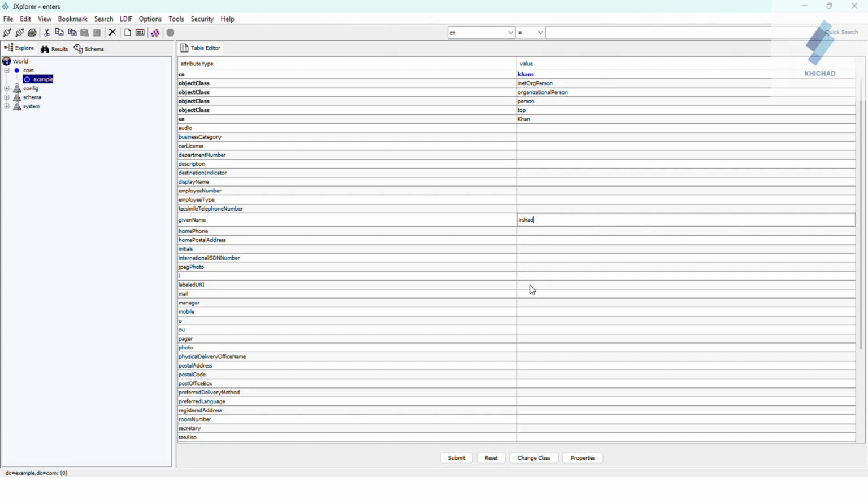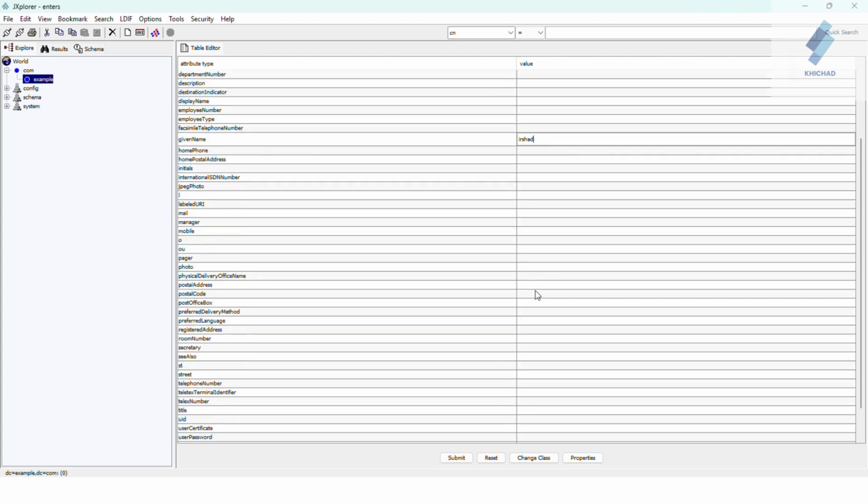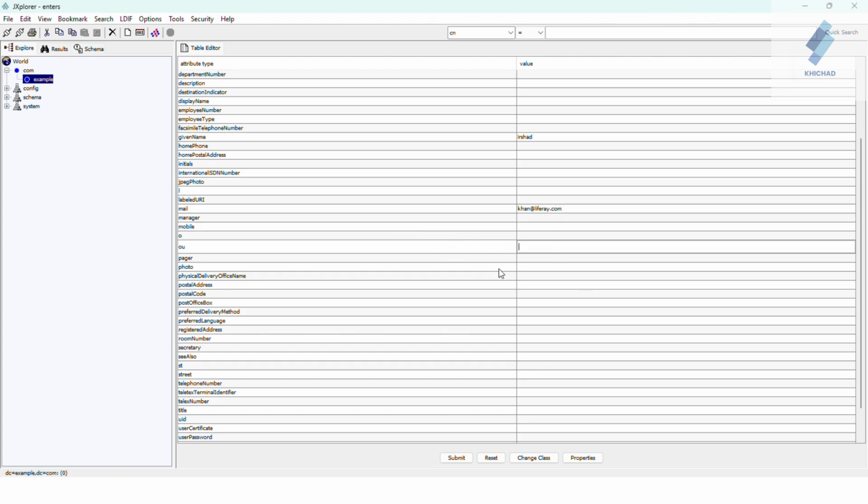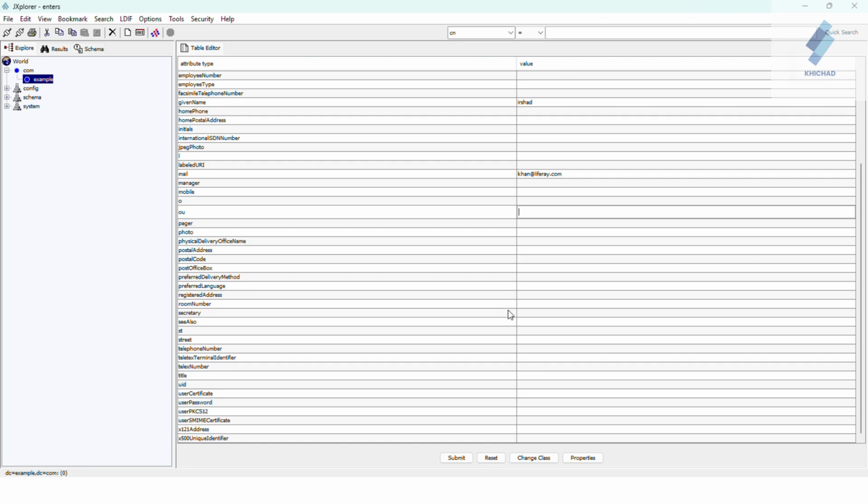Next provide the mail ID. So go to the mail. So my mail is khan@liferay.com. I just use that for testing purposes. So we need a password.